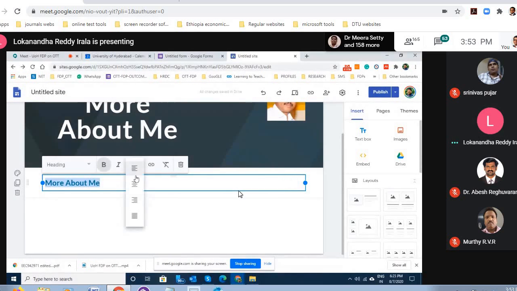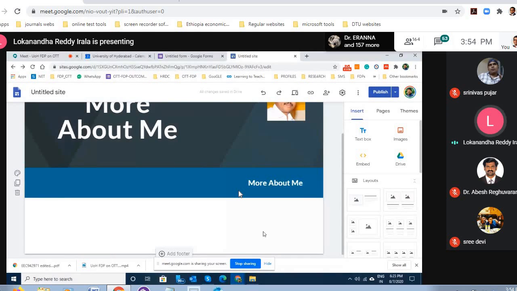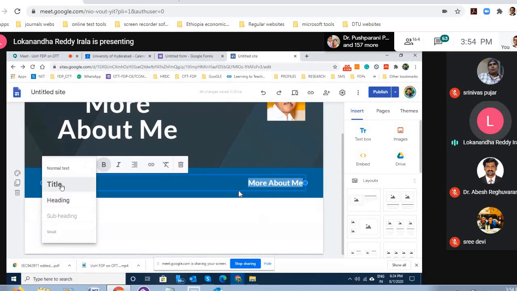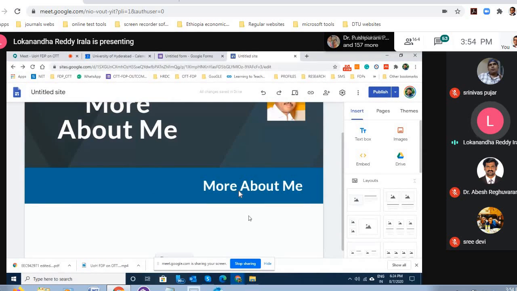You can also add emphasis so that it looks like this. If you are not satisfied with this font size, then instead of heading, consider making it a title. So it's all your taste and preferences, what the size of these things should be.